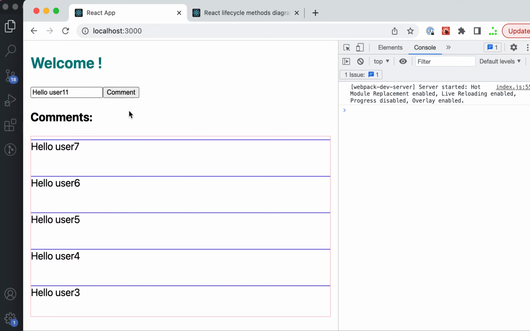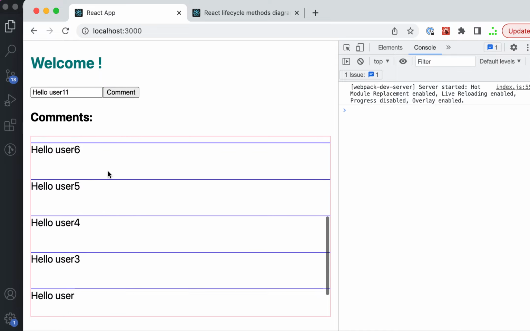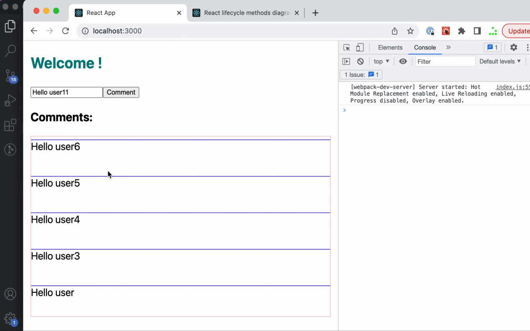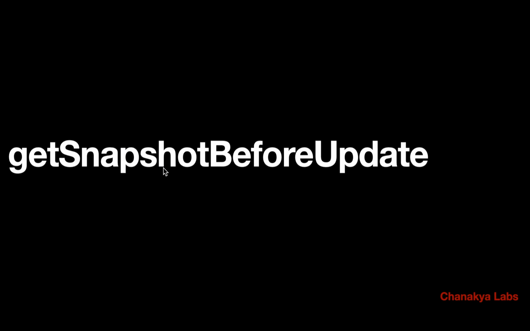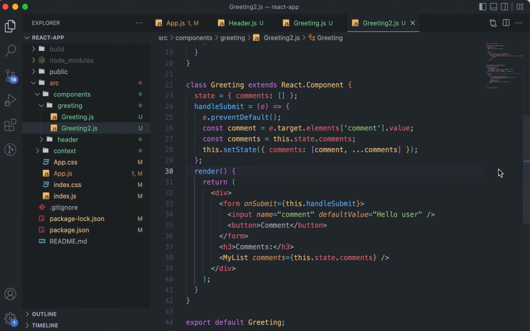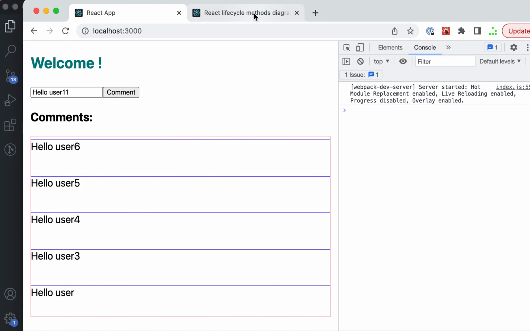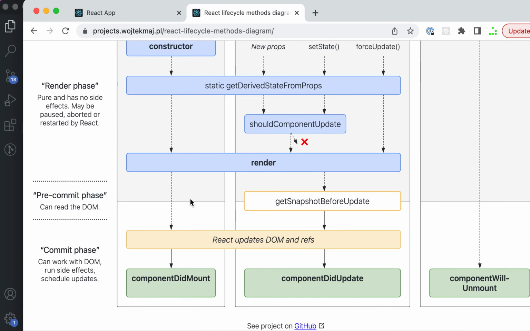But now if I click, then you can see that my view is changing from 6 to 7. It has happened. So that I don't want. So how to fix this? Here, getSnapshotBeforeUpdate will come into picture, where we can save the state, we can understand what the situation was just before the new DOM update, and then we can use this information after the commit to restore that,